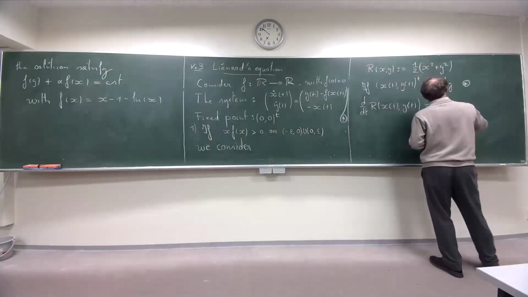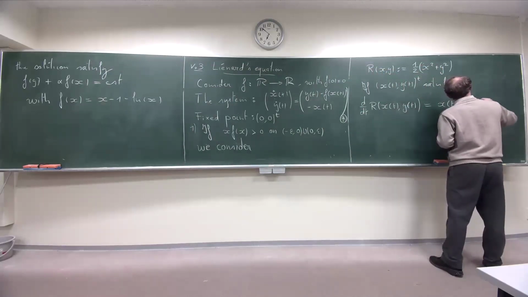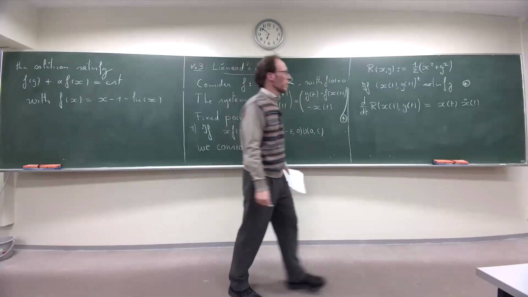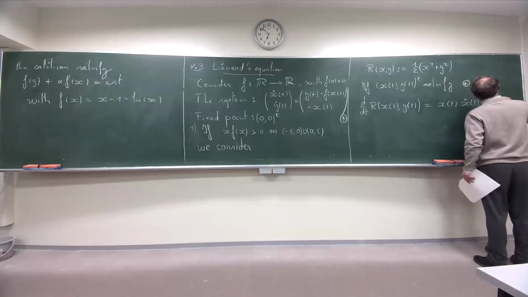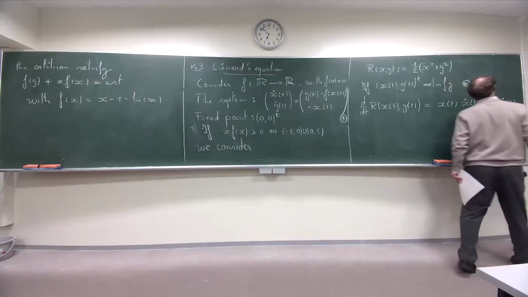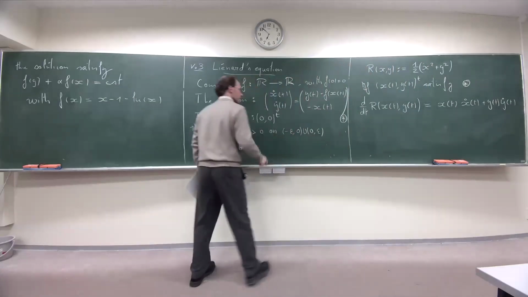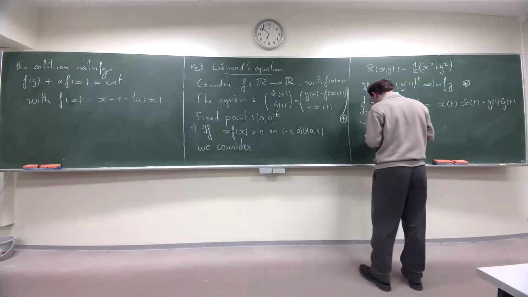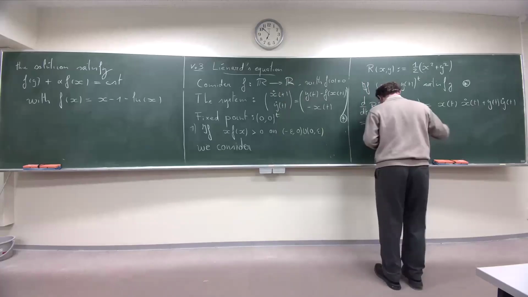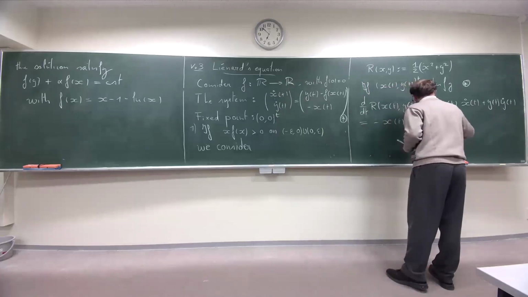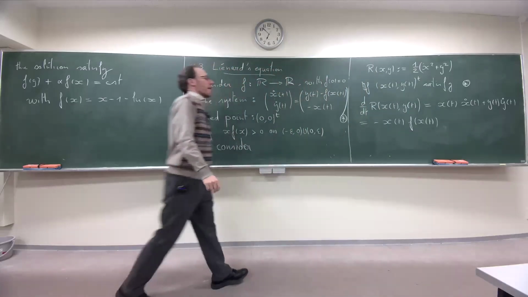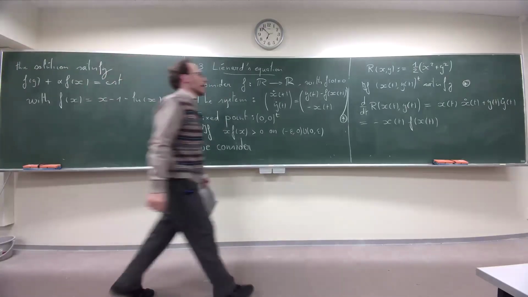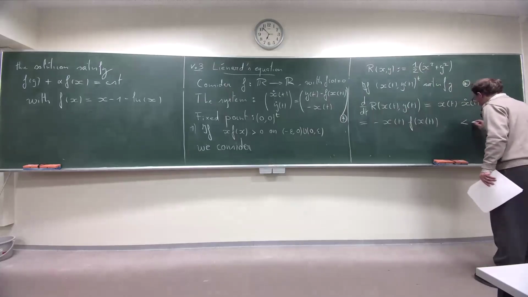So you obtain x of t times the internal derivative, x dot. I put a big dot, but this is just a small one, otherwise it will not be visible. Plus y of t, y dot of t. So this is what you obtain. Now you know that these are solutions of this equation, so you can replace. And I let you do one more line. You obtain minus x of t, f of x of t. There is one more step that I didn't present. You use the fact that it's a solution. And by my assumption, this is smaller than 0